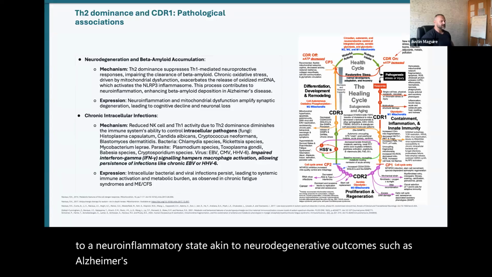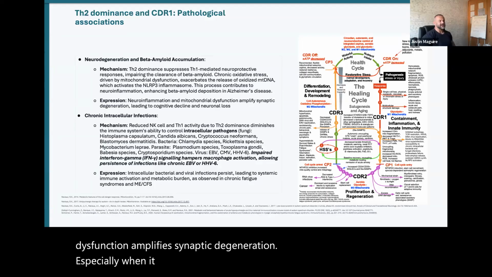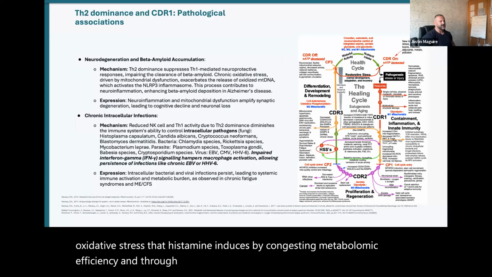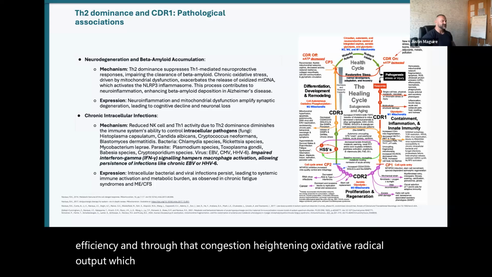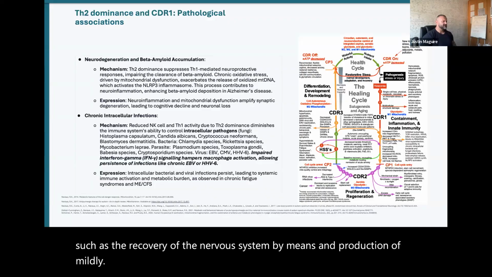Essentially, neuroinflammation and mitochondrial dysfunction amplify synaptic degeneration, especially when myelin cannot be synthesized due to the high oxidative stress that histamine induces by congesting metabolomic efficiency, and through that congestion, heightening oxidative radical output, which reduces the availability of cortisol to be utilized for the recovery of the nervous system by means of the production of myelin. Other variables, chronic intracellular